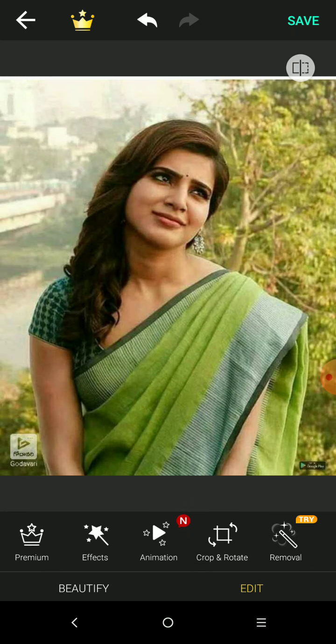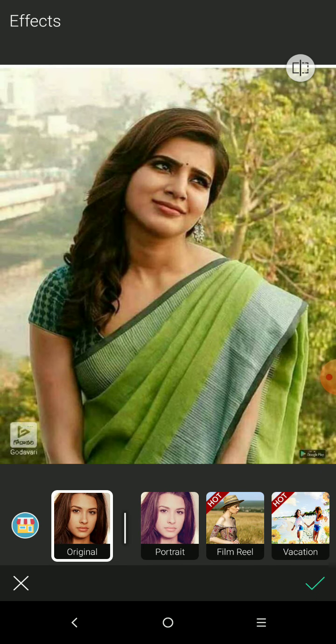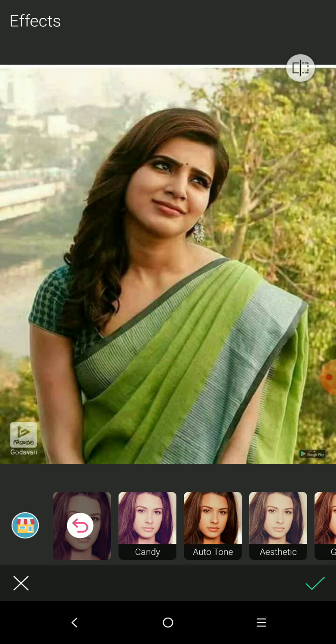This is the cropped photo, and now we will do effect, auto beautifying effect. We can use auto beautifying features to get the best looking photo right when you snap the picture. No Photoshop is needed at all. YouCam Perfect provides real time skin beautification effects for beautiful selfies. Now I'm using portrait for this picture.